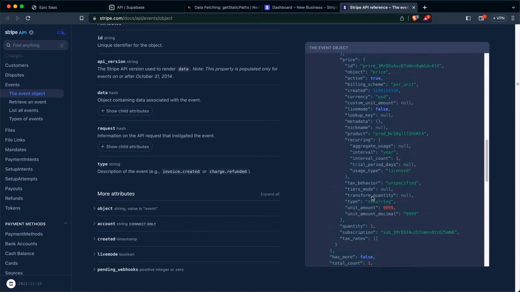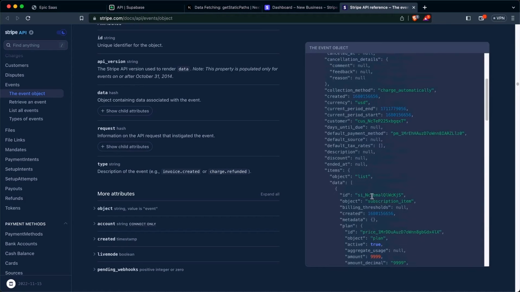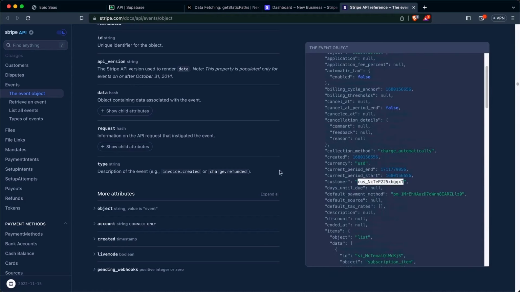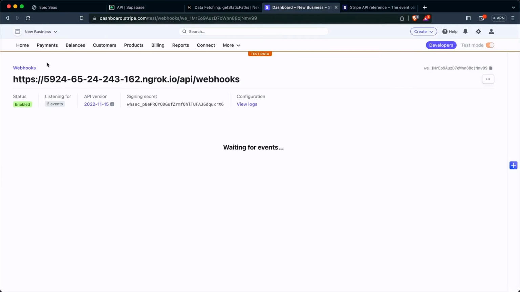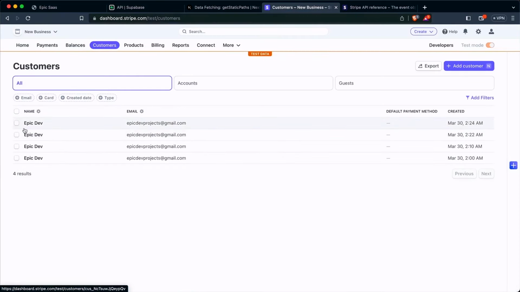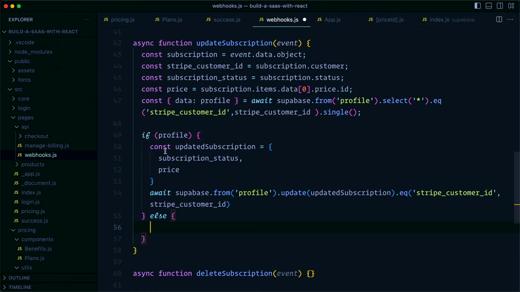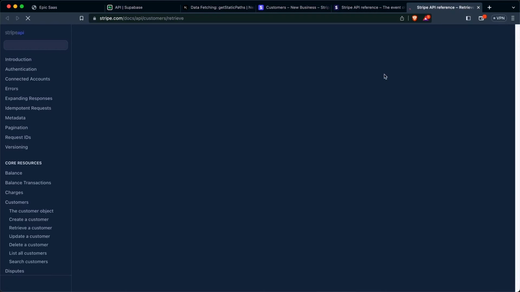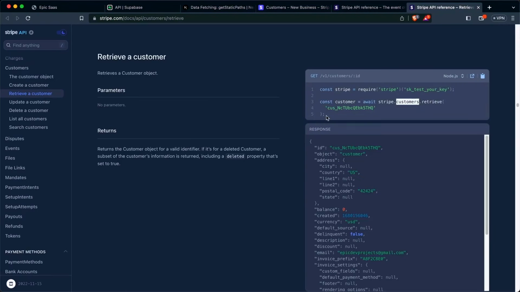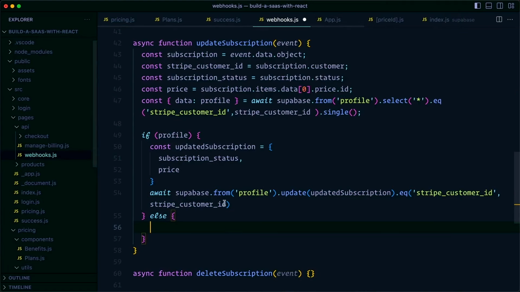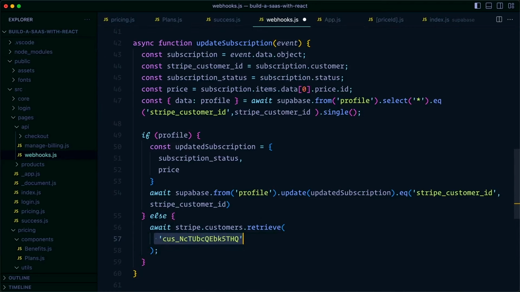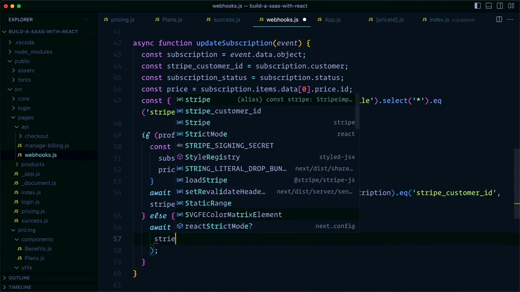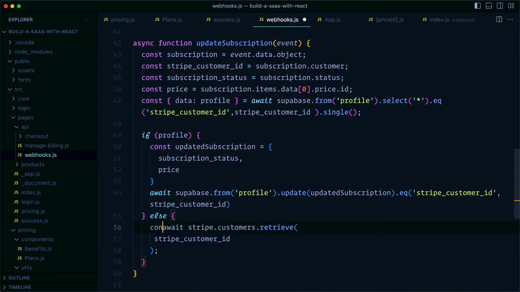But we do know that Stripe created a customer, and if we go to customers here, we have their name and email. So we just need to retrieve that customer using the retrieve method from customers. So we can copy this and we can say await stripe.customers.retrieve Stripe customer ID. We'll set that equal to